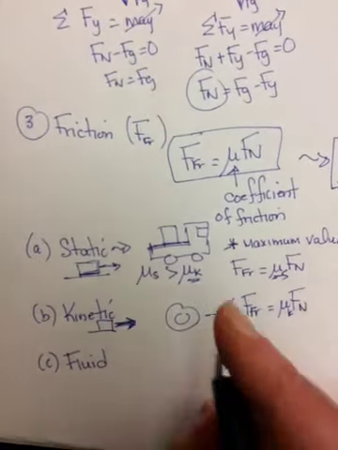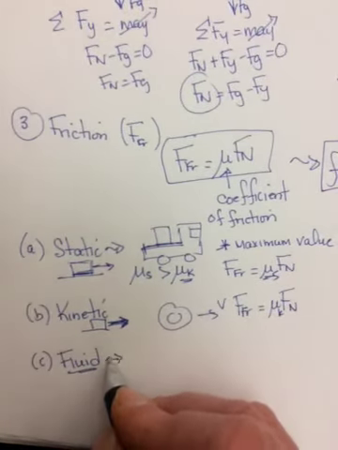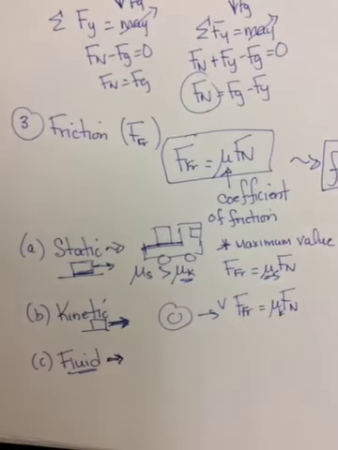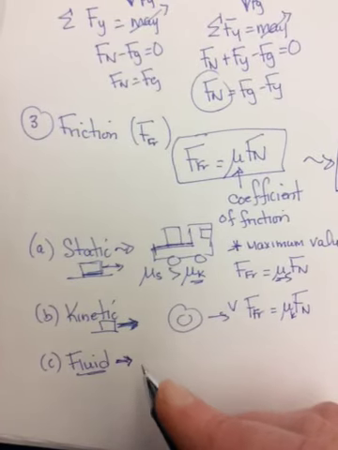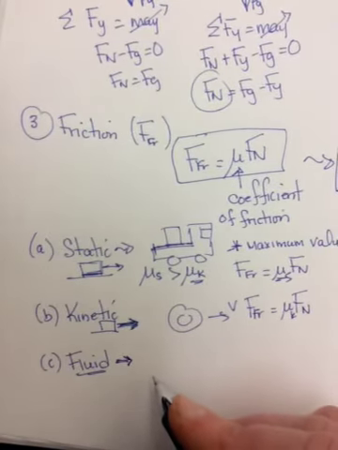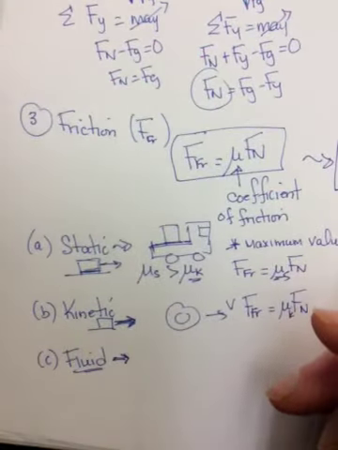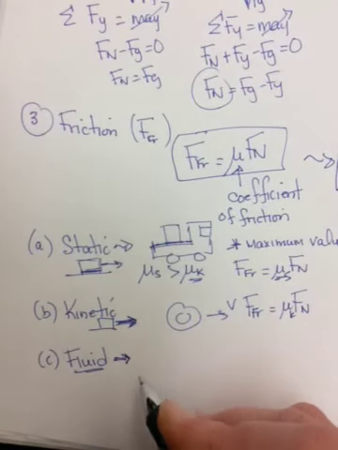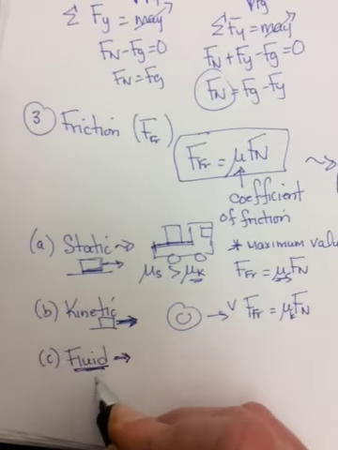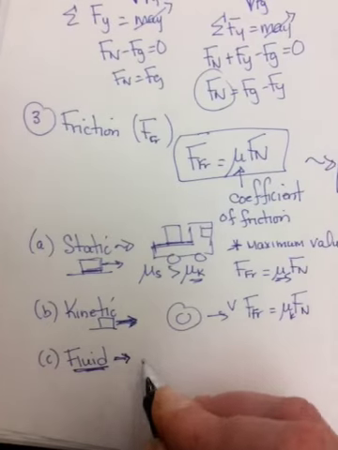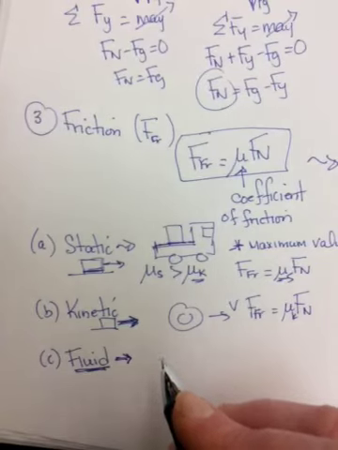All right. The third type, though, fluid friction, does not obey the equation FFR equals mu Fn. Because kinetic friction doesn't depend on surface area, doesn't depend on speed. Fluid friction does, right? If you put your hand out the window, you can feel the fluid friction. If you put it this way or you put it this way out the window, you'll feel a different amount. If you put it out the window going 20 kilometers per hour or out the window going 120 kilometers per hour, you'll definitely experience a different amount of fluid friction. Okay, so fluid friction depends on surface area and contact. It depends upon the speed of the object, depends upon the shape of